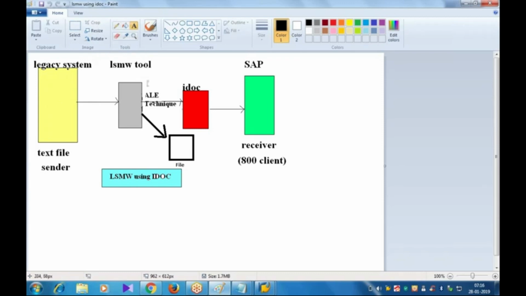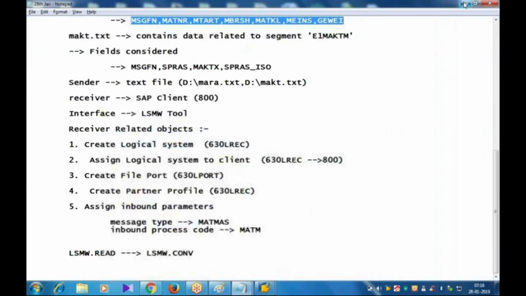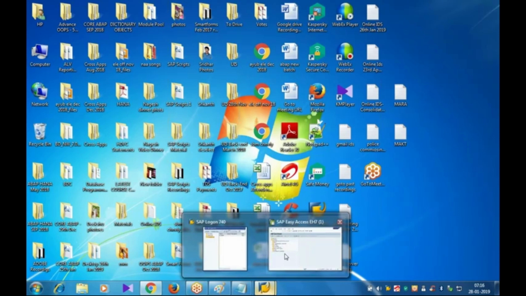It has to generate the IDoc, and that IDoc should be distributed to the SAP system. What is the IDoc number? 630 IDOC MAT 100, right? Then the file 630 IDOC MAT 100. So who is the SAP system here? 800. So if I go to the ABAP dictionary, SE11,